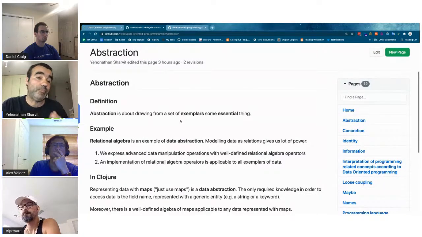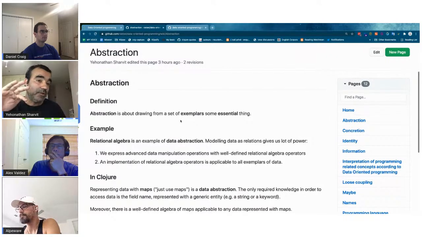And the beauty and the power of relational algebra and SQL is that if you organize your data in tables or in relations, then you are able, first, to express the query in an abstract language, SQL.